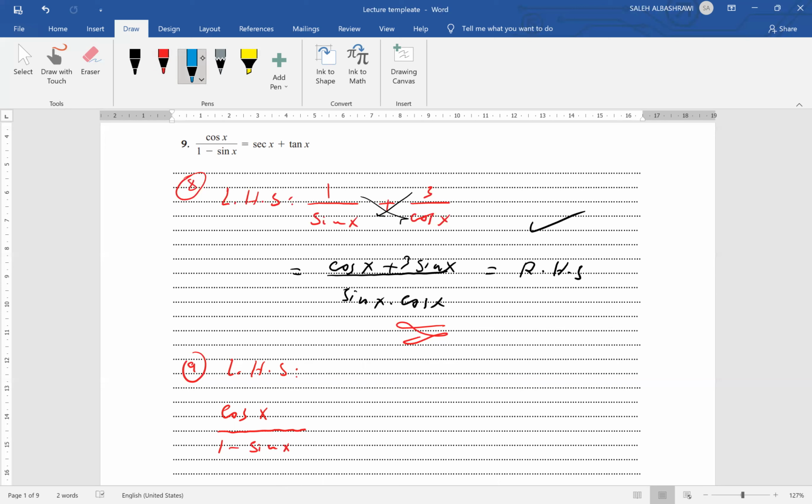In general, if you have this form, fraction divided by 1 minus sine or 1 plus cosine or 1 minus sine over cosine or over sine, we multiply by the conjugate. So if you multiply this by the conjugate of the denominator, which is 1 plus sine x, up and down,